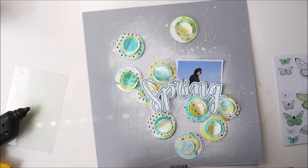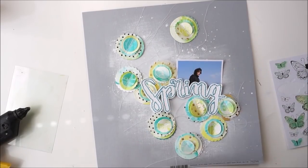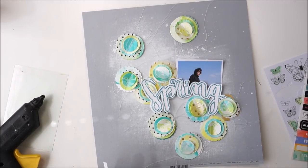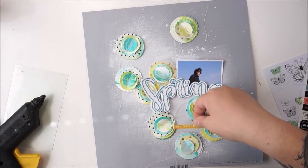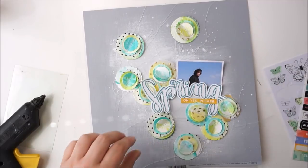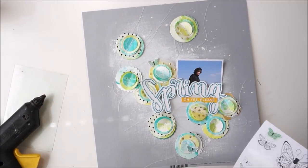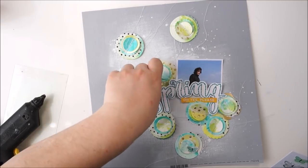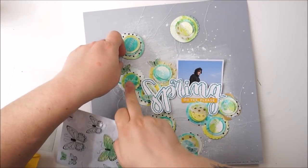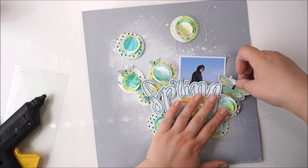And I will bring in one yellow sticker. Oh yes, please. And next to that I will add the butterflies and a bit of journaling. And that's it, because the page is very busy with all of the circles and the threads and the butterflies, and I don't want to mess that up. So I'm happy with the things I have on my page, and now I'm just adding the last butterflies,